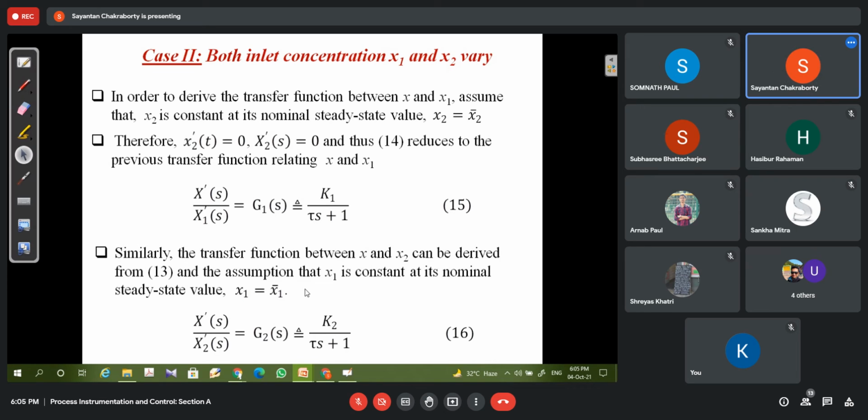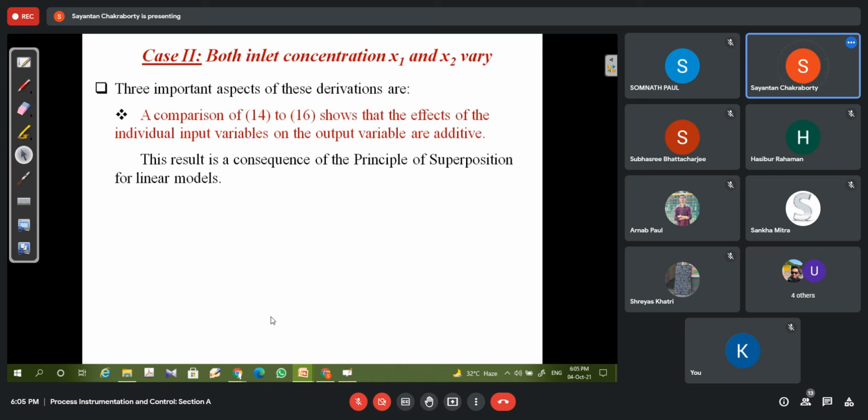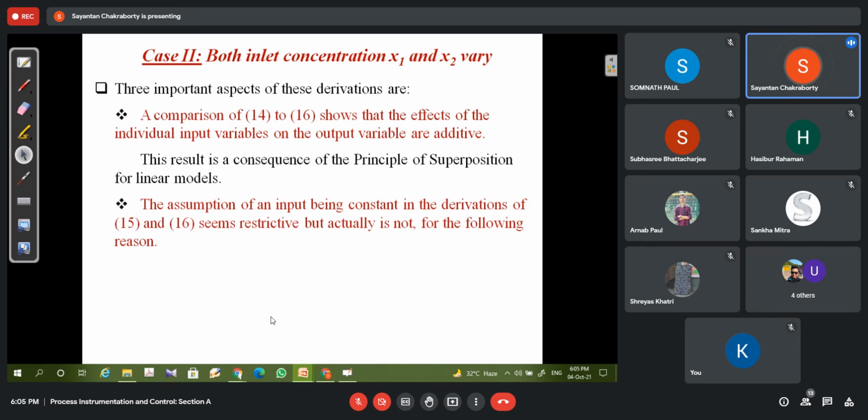So this is nothing but the expressions for the variation of x prime with respect to x1 prime and x2 prime, while the other is kept constant. And if you relate this, this is nothing but a simple application of the superposition theorem. We're calculating the effect of one variation with respect to the other being kept constant. In both the cases, x1 and x2, then we can superimpose them, since we assume the system to be a linear one, and these expressions are all linear operations. So this is how you can obtain the transfer function using the principle of superposition.